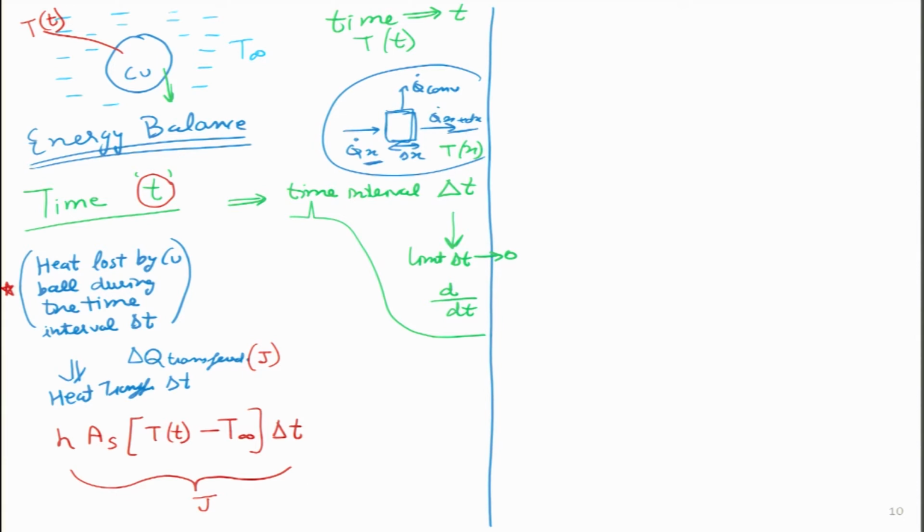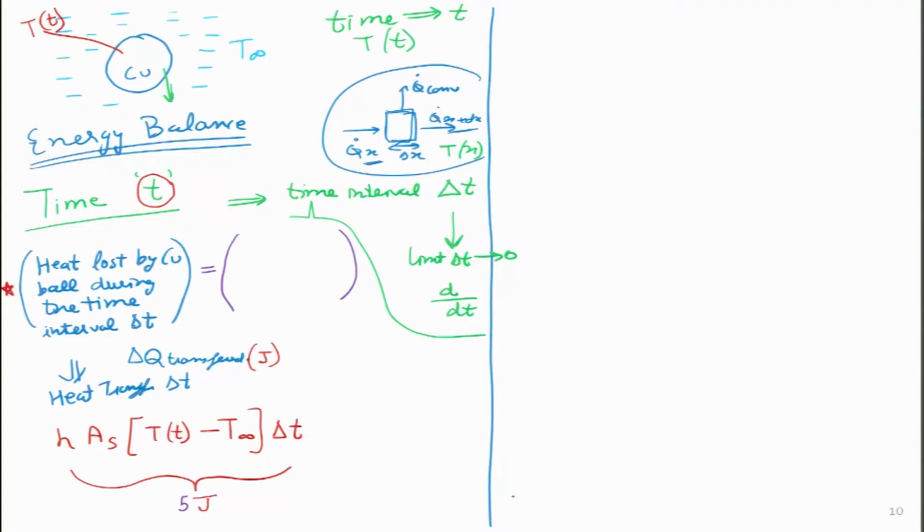So, this is my left hand side, and what will it be equal to? If my copper ball loses some heat, let us say 2 joules or 5 joules, some number, in a very small time interval, let us say initially I am not taking the limit delta t goes to 0, let me take a small interval, let us say 1 second. In 1 second, if my copper ball loses certain heat, what will happen to its temperature? I think the temperature will go down. So, the next part is how much is the decrease in energy of the copper ball during delta t time. I will write it over here.